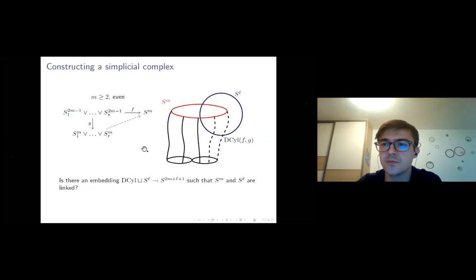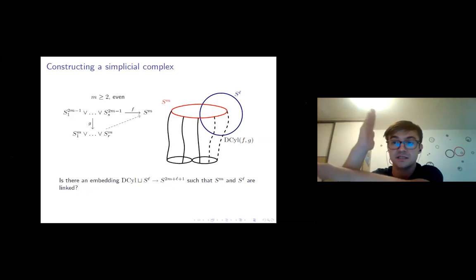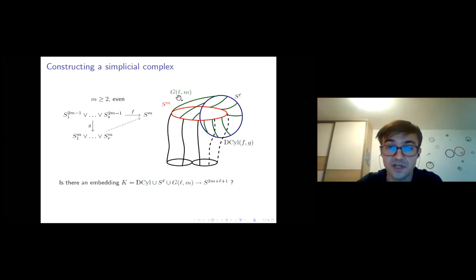And the only problem there is if I take this as my simplicial complex and just ask for an embedding to this higher dimensional space, you will always be able to do it. But the problem is the red part and the blue part have to be in this nice position such that they are linked the right way. So the final ingredient of our construction,